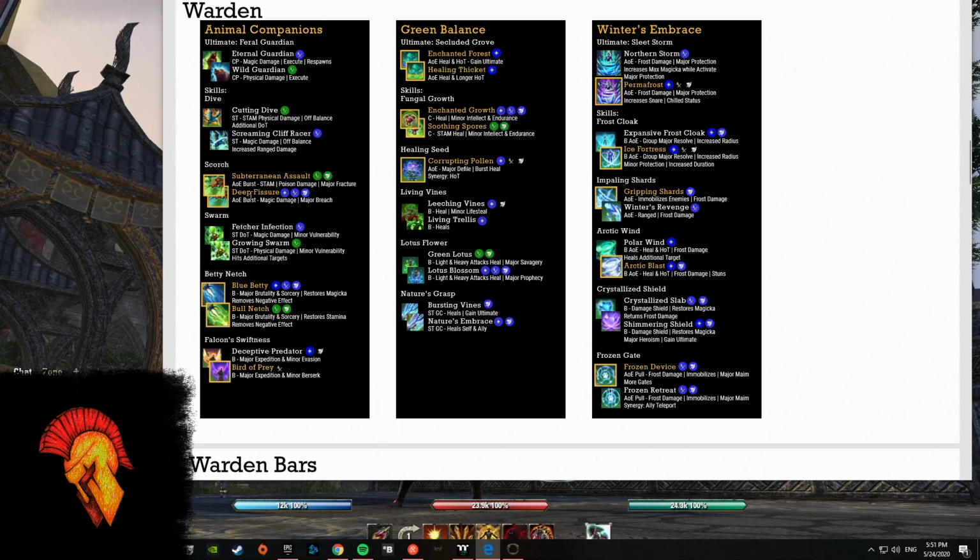Subterranean Assault is a burst AoE damage that also applies Major Fracture, as well as Deep Fissure is an AoE damage that applies Reach. We're going to be trying to. These I do like. If you're going to use any skill for the Warden line, try to keep these unless you're a healer. Swarm is an excellent dot, but it's still single target, and even though the Stam version does hit additional